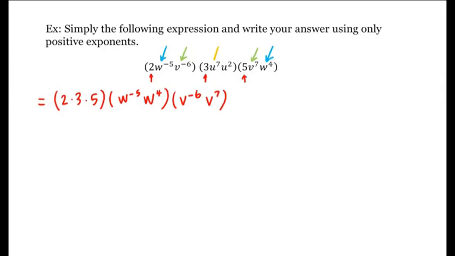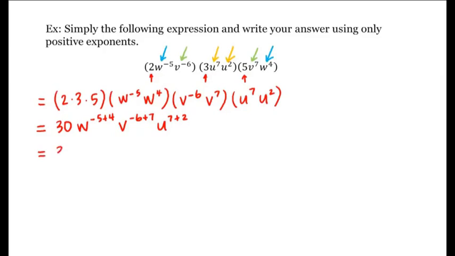And finally, we'll group the u terms together. So times u to the 7th times u squared. So this is equal to 2 times 3 times 5 is 30, and then times w to the negative 5 plus 4 by the product rule. Because these bases are the same, we can add those exponents. Same with the v terms, so it'll be v to the negative 6 plus 7. And finally, we'll do the same with the u terms, so it's u to the 7 plus 2, which is